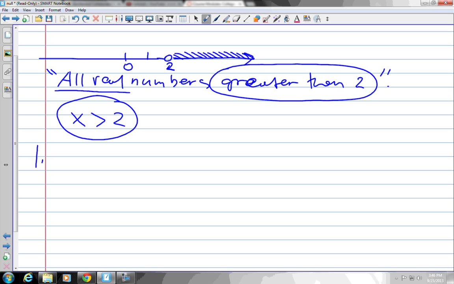Now the interval notation for that would be, well, everything from 2 to infinity. Now we use a parenthesis next to 2, so parenthesis,